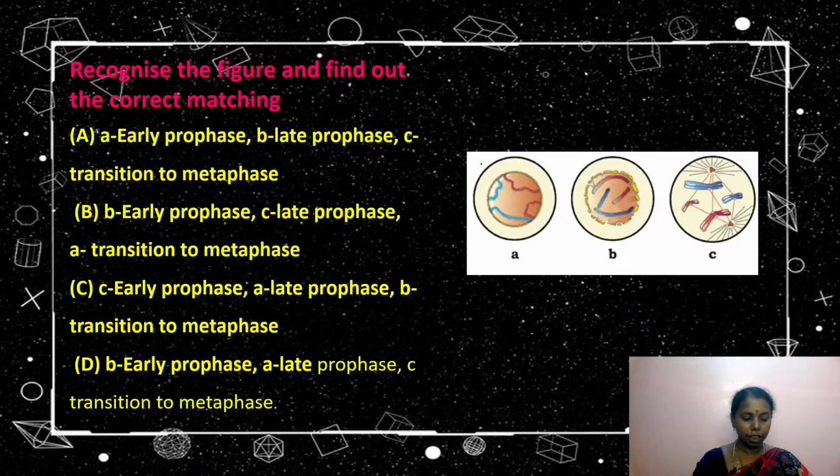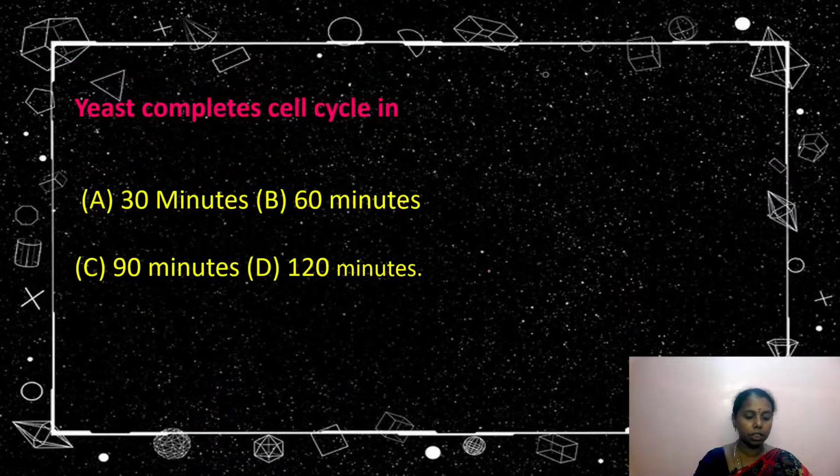We might have turned the page 100 times. Do we observe these pictures? Is it early prophase, late prophase or transition to metaphase? Yes, Jeevan, excellent. It is A. Arvind Shah, Tarunika, Lakshita, yes, A only. Kalpana, Tilak, Vivek and Vaishnavi, very good, excellent job by you all. It is A: early prophase, late prophase, as well as the transition phase. Of course, very correct answer.